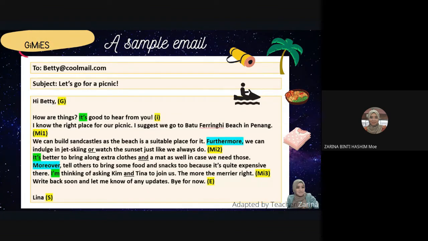So here you have all the three questions you have answered. You have written in the form of an email. So you can get 5 marks for your content. You can easily get 5 marks for content by answering all the questions that were asked in the task just now. Any questions about this email?